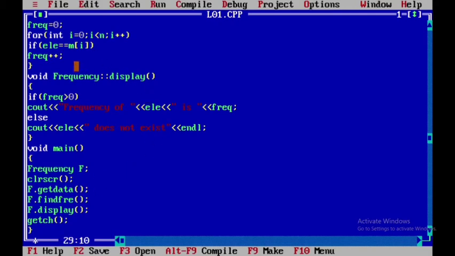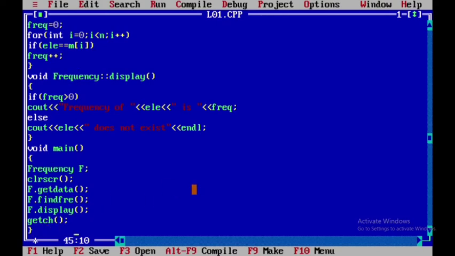At that time, it is going to fetch the values of n elements and the search element, right? Then after getting all the data, it's going to find the frequency by checking if element is equal to m of i. If it is true, then frequency will be incremented by 1, right? Then f dot display. After that, getch in order to hold the display screen, and this indicates the closing of main function.